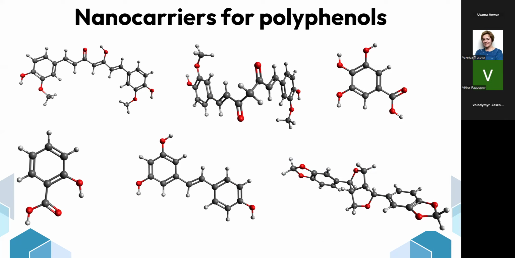Polyphenols are natural compounds which are found in plants and possess a lot of different activities, including antioxidant. This is actually their main role in the organism, and they contribute to the prevention of various diseases. Clinical application of polyphenols is very limited due to their very low bioavailability and rapid metabolism in the body. One of the solutions to this problem is, of course, the development of polyphenol delivery nanosystems, particularly those based on protein molecules, which, as I said at the beginning of my lecture, may